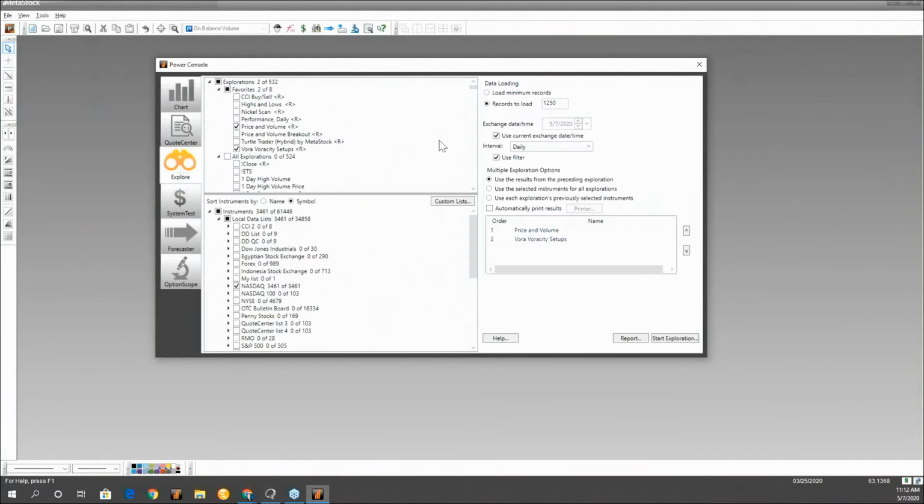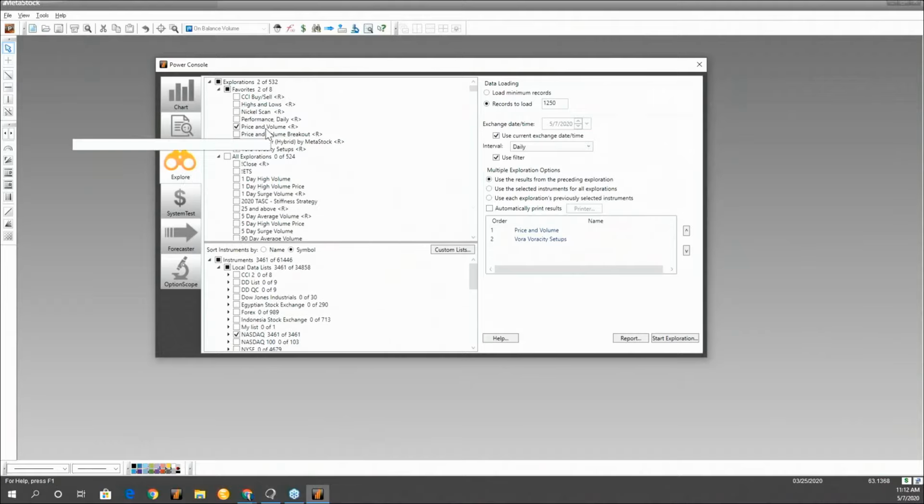So what I've done is come over here to our scanning, the Explorer tool. I've actually set up a scan for price and volume, and a lot of people like to do this. I always get that question when somebody's new to using MetaStock. They always tell me, okay, I can scan the market for anything, but I really don't want to trade anything that's under $100 or under 50, or maybe you just want to trade penny stocks, or you want to trade stocks between $5 and $25 and have a volume of 100,000, 200, etc., whatever you want to do.